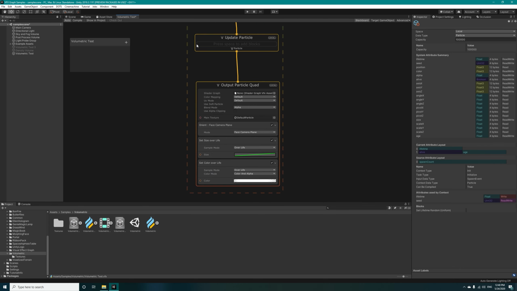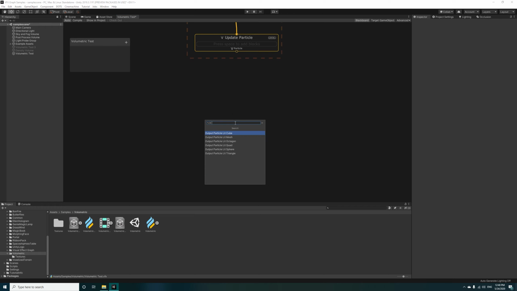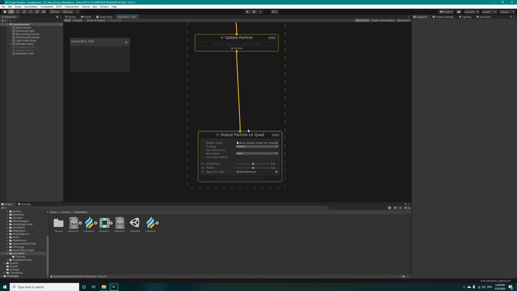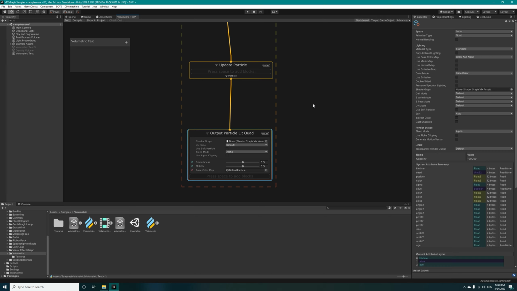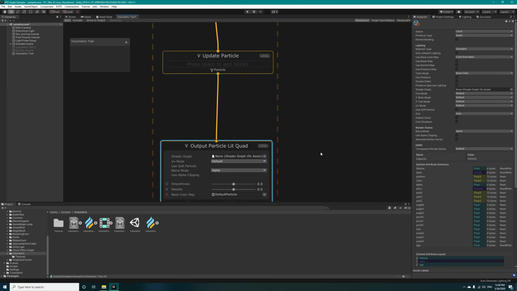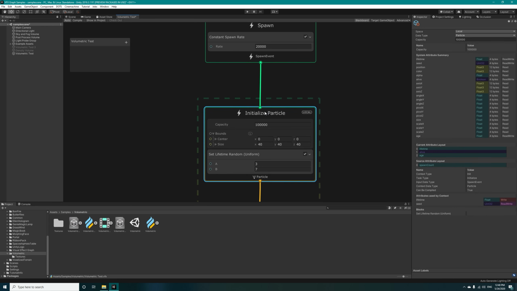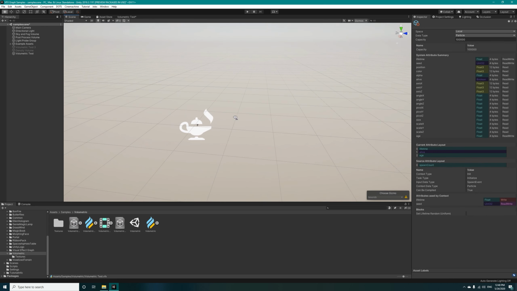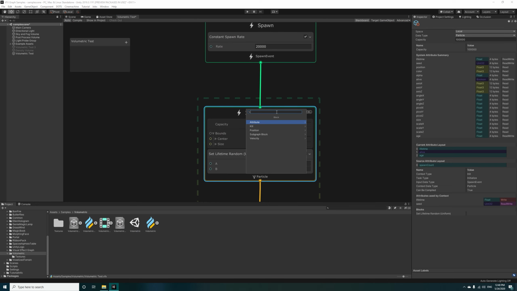And after all, just delete this because we are going to need a lit quad to get the translucency effects and get the volumetrics. Now let's just come here in the initialize particle, and if I get back, you can see that all the particles are at the same position. So we don't want that, so we add a position sphere,